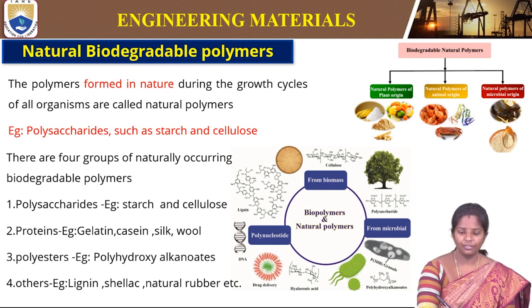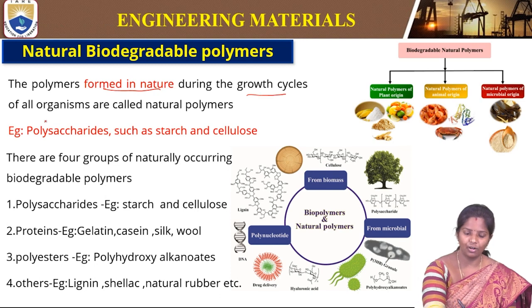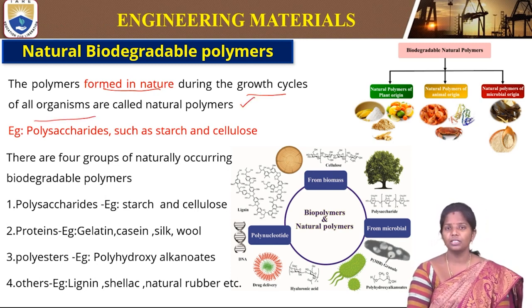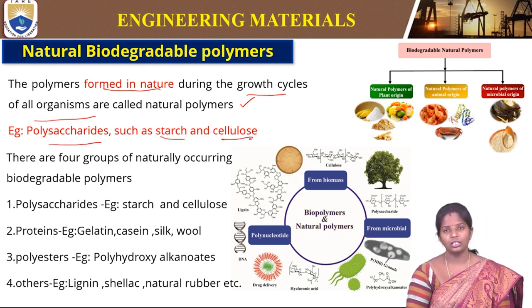The polymers which are found in nature and are formed due to the growth cycles of all the organisms are nothing but natural polymers. What are natural polymers? They are formed in nature during the growth cycles of all the organisms. For example, we have glucose in our body. When glucose units connect together, they form a polymer. For example, polysaccharides such as starch and cellulose are already present in nature in all